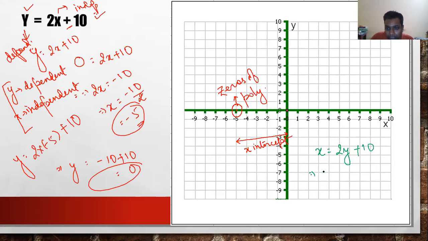So here putting x equal to 0, so 2y plus 10 equal to 0, and here 2y equal to minus 10. So y equal to minus 5. So for this expression, the 0 is y equal to minus 5 because here I have changed the position of the variables. Now here x is your dependent variable and y is your independent variable.